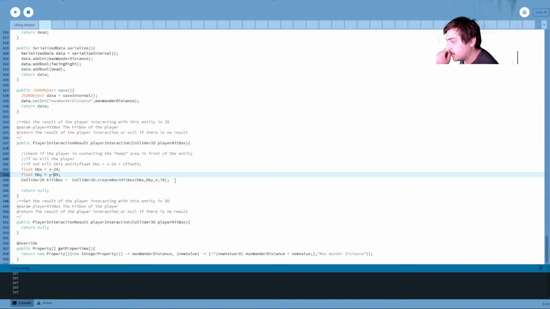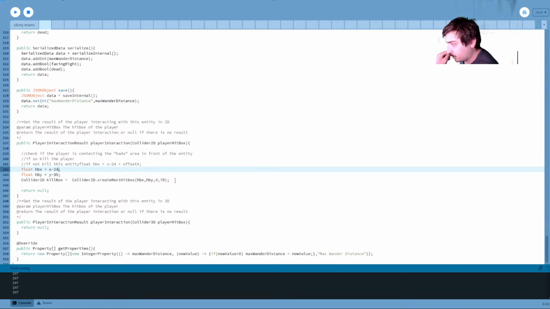But obviously the position of width, whether it's plus or minus 24, we'll say, because that'll be simplest enough. In one direction, it'll be outside of the entity. The other direction, it will be inside the entity. But I don't really care. So minus 24 times facing right, question mark, -1 : 1.